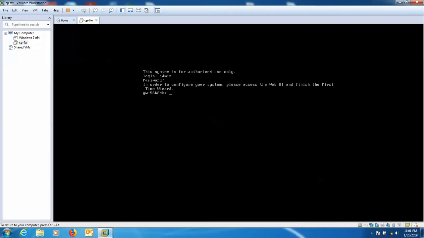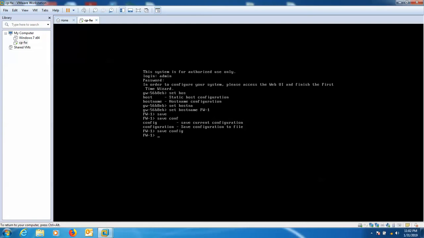Okay, so now we set the host name, so you can enter set hostname fw-1. So this is my host name, and save the config, enter,